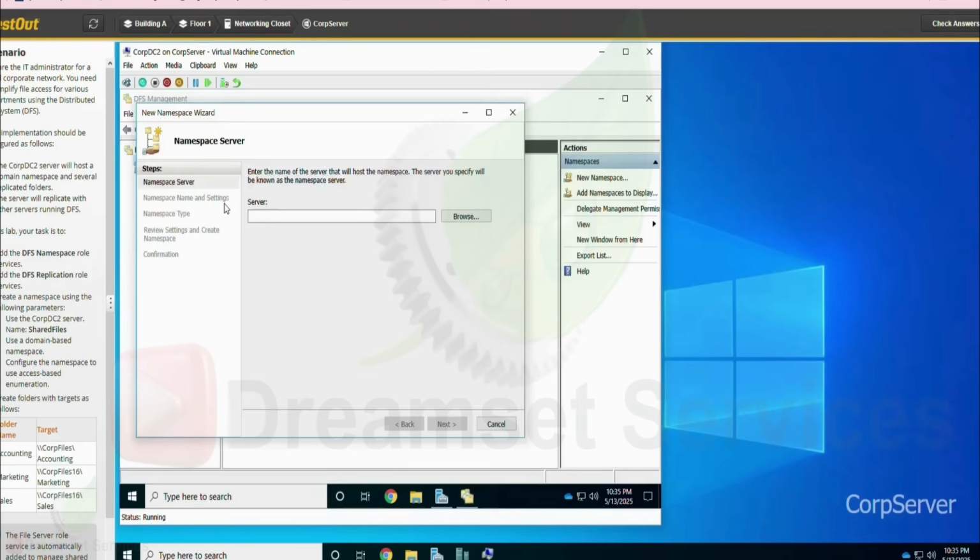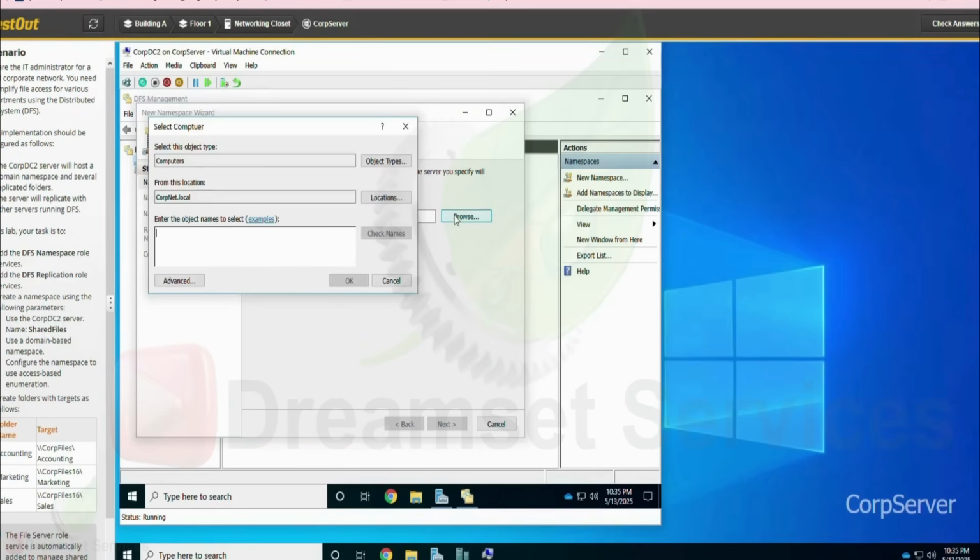And when that opens up, the name provided is this. So what we're going to do is just copy and paste. So we'll copy this, and we'll browse, and we paste, and then we check name, click OK,